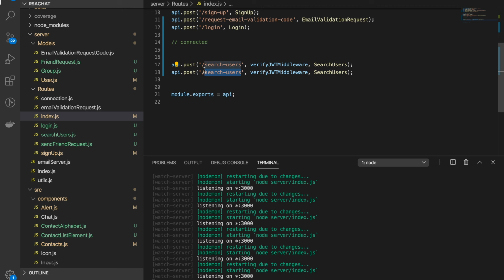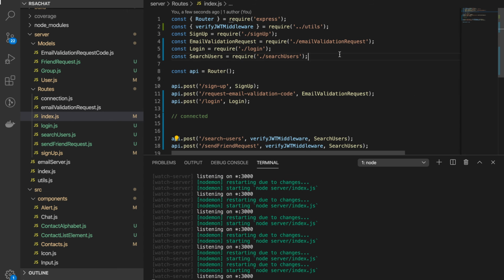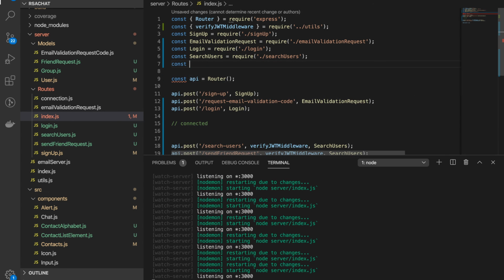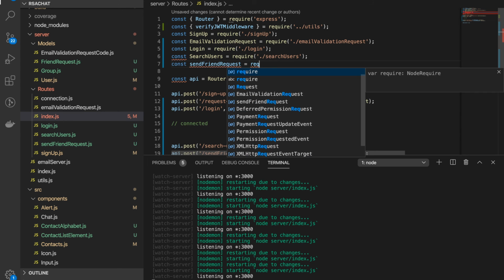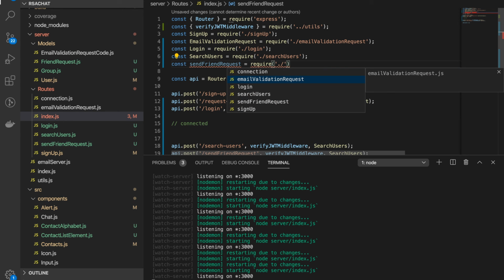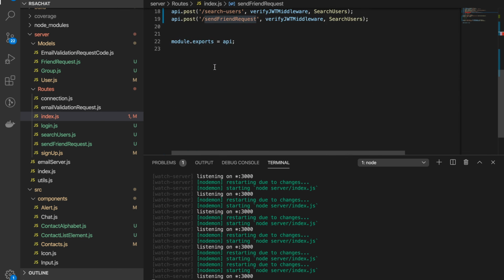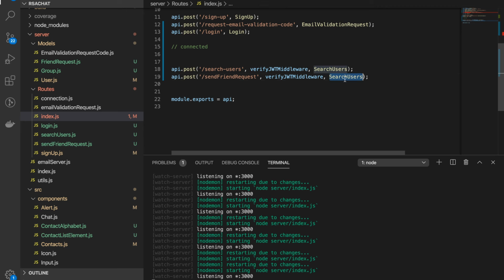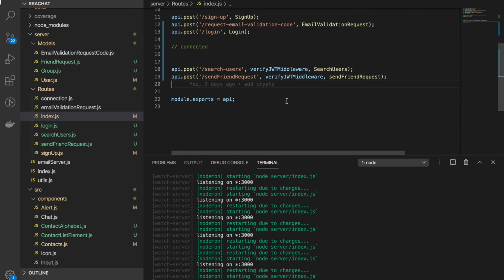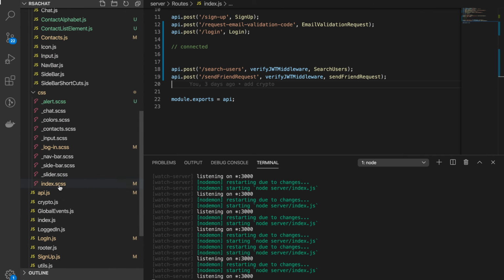Search users and send friend request is going to be request acquire send friend request and put this here. Cool. Now in the API,